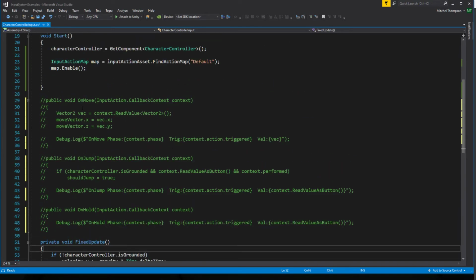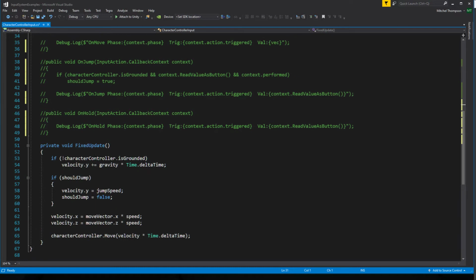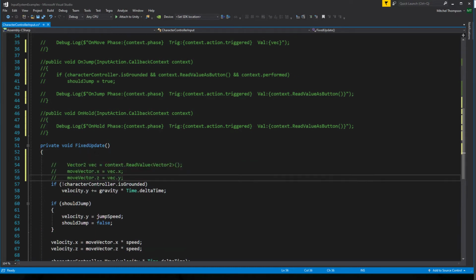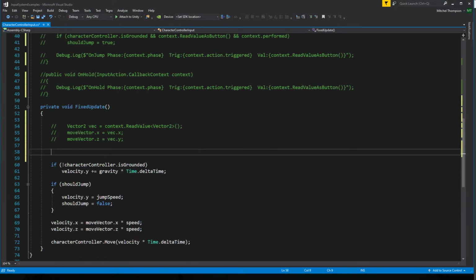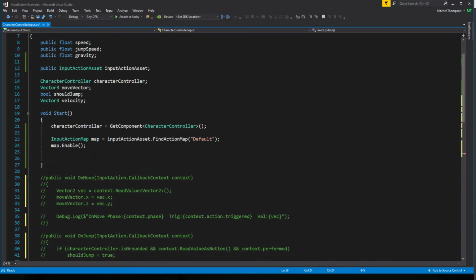So where before we were using an event and setting vector2 equals blah, blah, blah, I'm going to bring these down here for reference, and I'm actually going to be setting move vector directly inside fixed update. So move vector dot x equals,